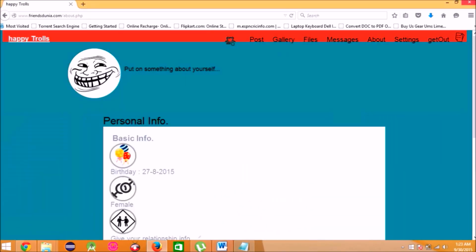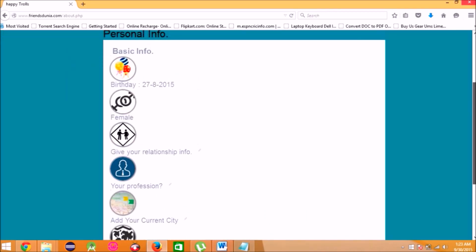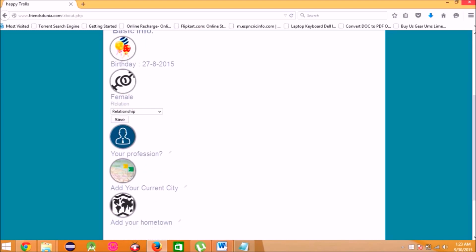The About section is all about you. It shows your personal details that you have entered, like your birthday, current relationship status, address, etc.